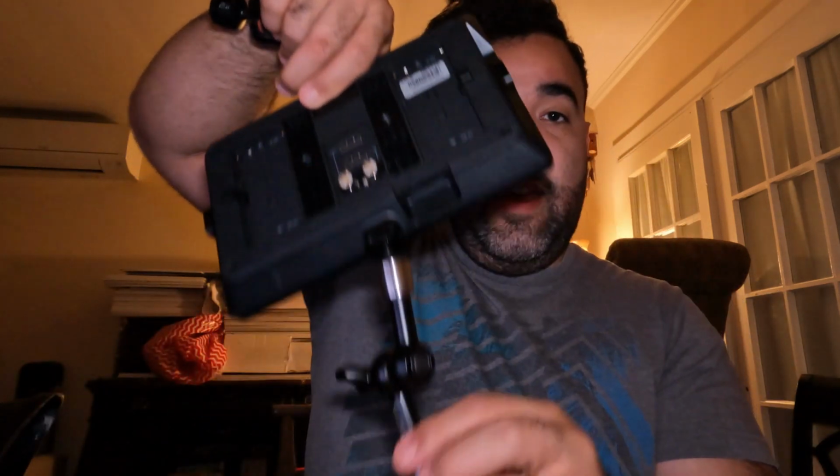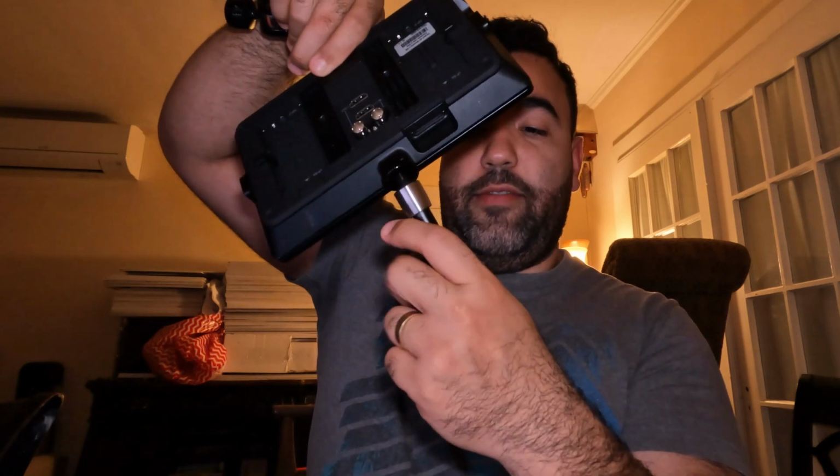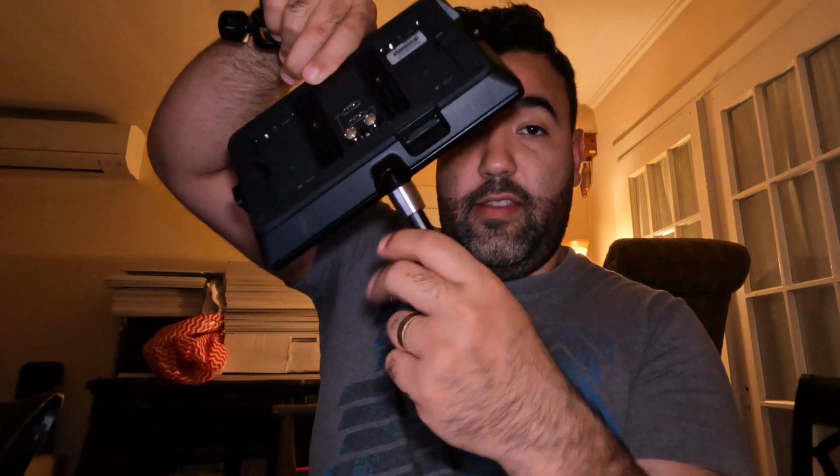So once you screw in, there's so much to love about it, but the screw has this little, you can screw it in without having to turn the actual monitor a million times. Like the SmallRig one, this is petty, but with the SmallRig one, I could screw it in, but then once I got into the other side, to actually get it tight, I would have to tighten this a lot, and then this is finally fixed and stiff, so then I would have to screw this whole thing in. So that was just the experience I had with the SmallRig one, but for this